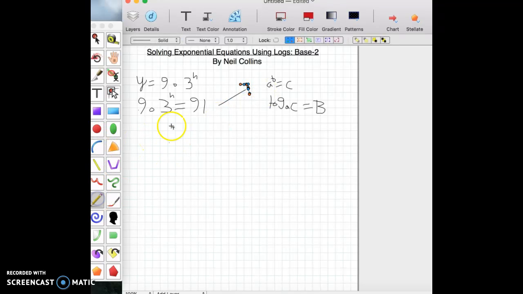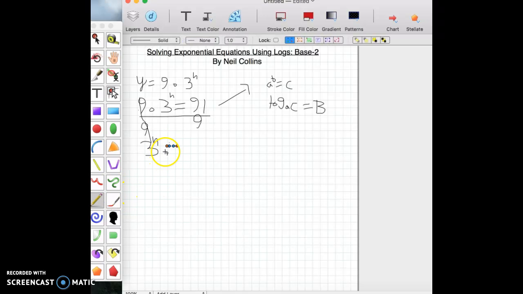In order to do that, we need to isolate this variable. We always want the variable isolated. So we're going to divide both sides by 9 to get that 3 to the h power all on its own. That cancels. That leaves us with 3 to the h